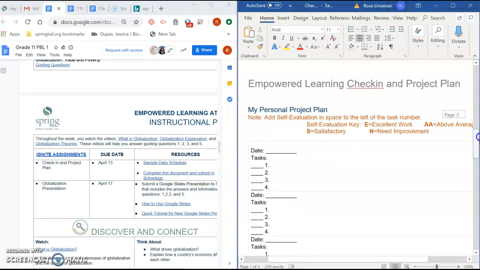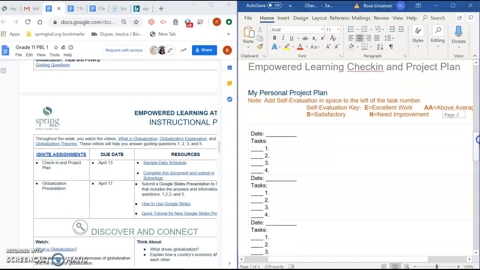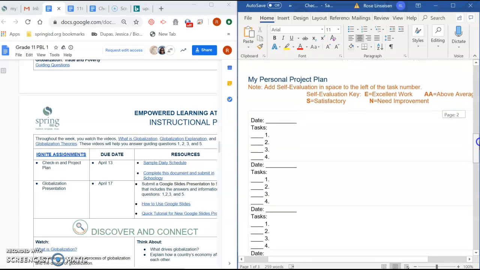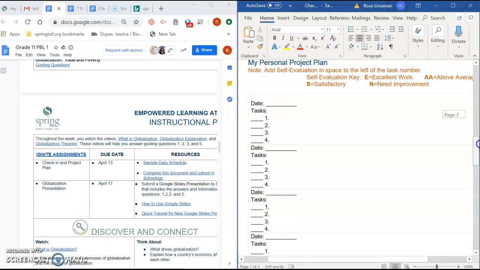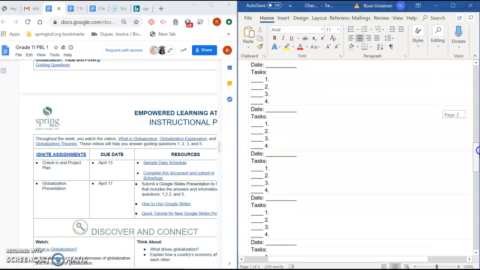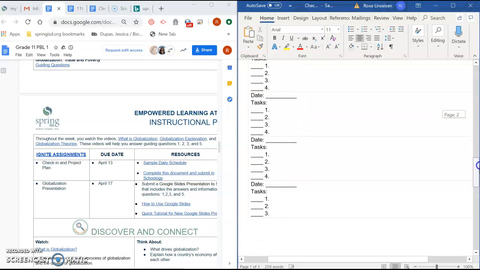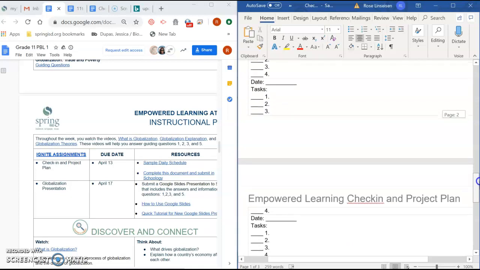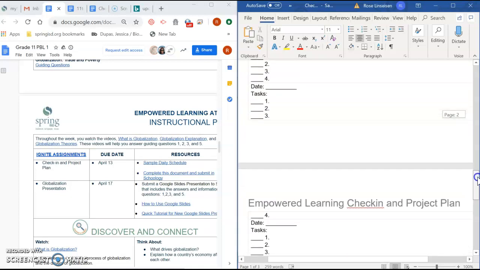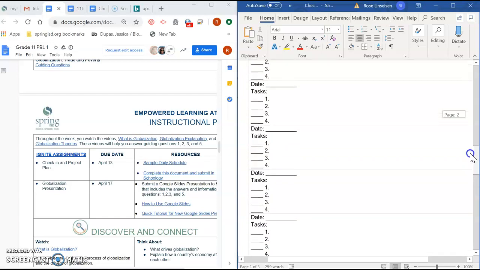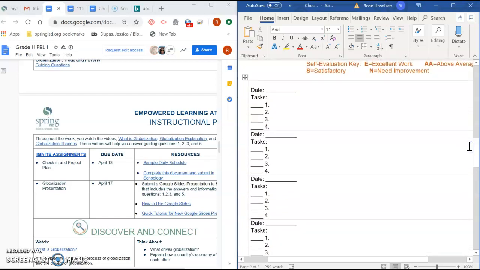So then what you're going to do is fill in the due dates of these assignments, and then put how you're going to break those tasks up. So this is due on the 13th. If you don't get it in on the 13th, that's okay, especially for this first one. But since this is a project, it's going to make a lot more sense if you do the assignments and turn them in when they're due. Any project's going to build on itself, so don't wait to turn in the things. Do it as it is due. So that's due on the 13th. That's assignment number one.